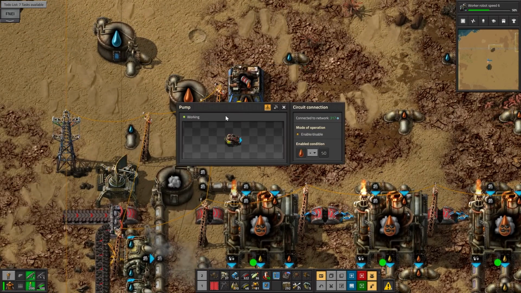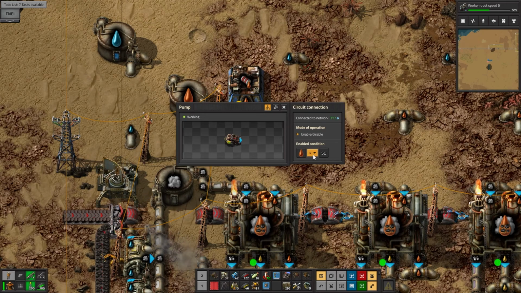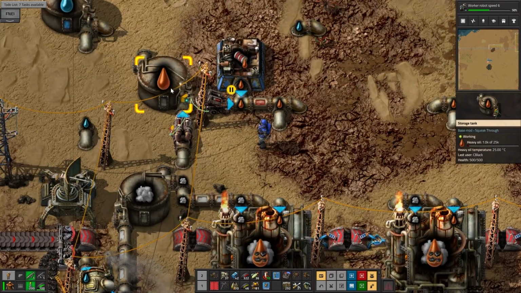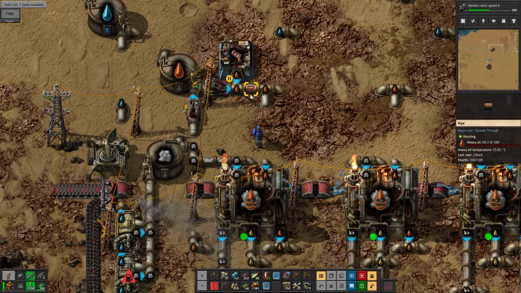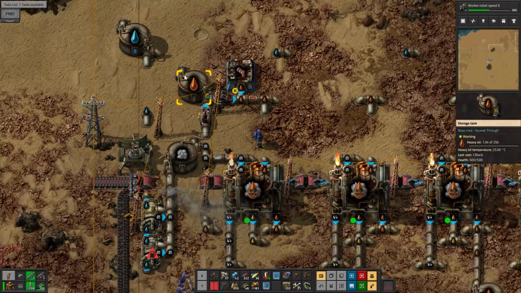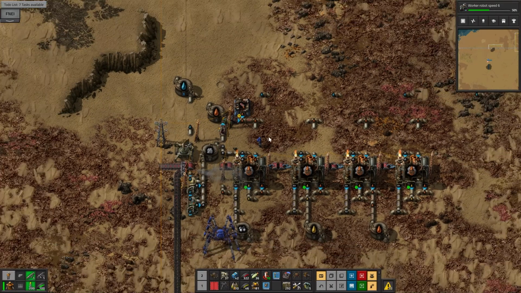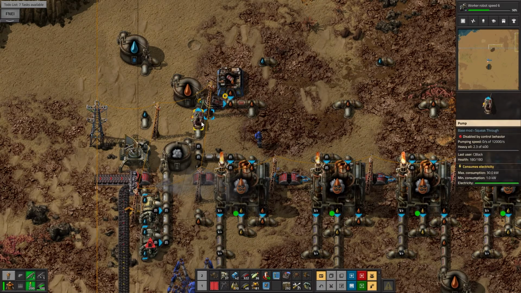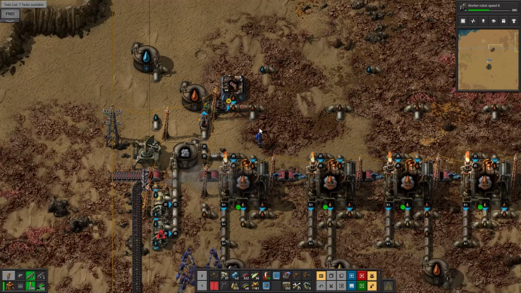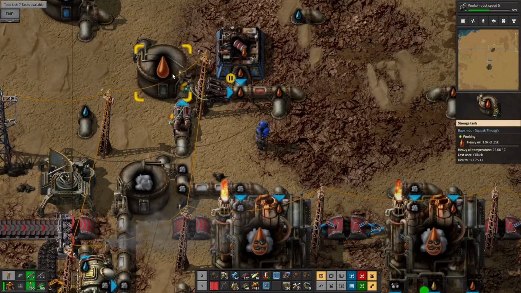I want to make sure I got my logics right, and this one enables as long as this is over 50. And I probably did that wrong. I think I did that wrong. This one's, actually,